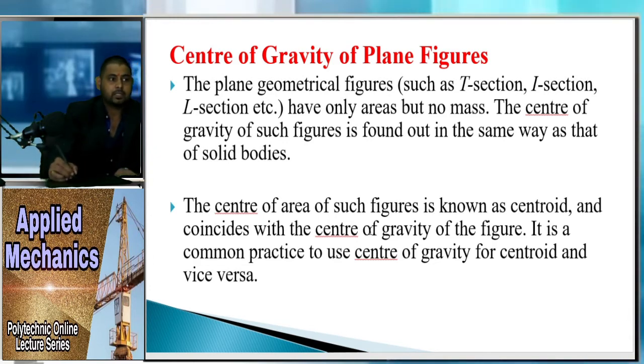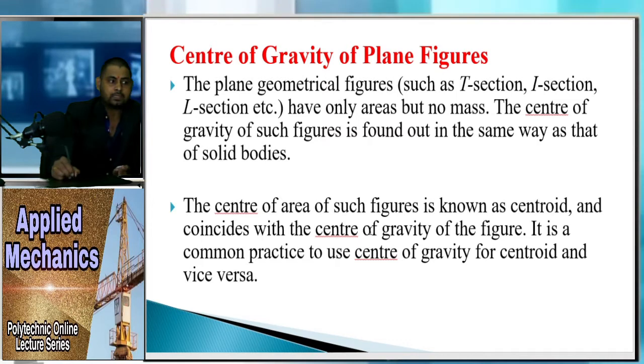If the section given to you is symmetrical about the x or y axis, in such cases the procedure for calculating the center of gravity of the body is very much simplified. Means if the symmetrical axis is given, then you can easily find the center of gravity,